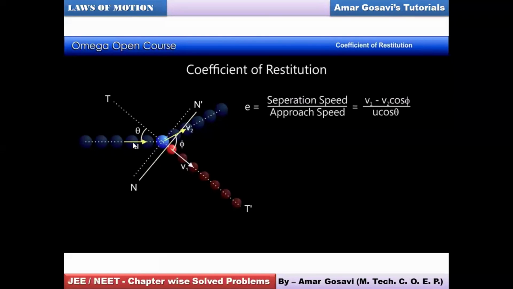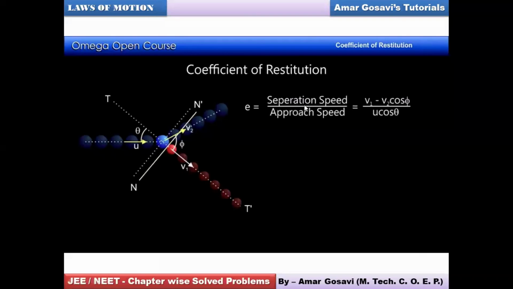The initial velocity, how would the initial velocity be like? Okay, so if I'm talking about separation speed, it should be the difference between v1 and v2. But v1 and v2 are not in the same direction. So I would require the component of v2 which is in the direction of v1. So I know angle phi. So the component of v2 using phi in the direction of v1 would be v2 cos phi.